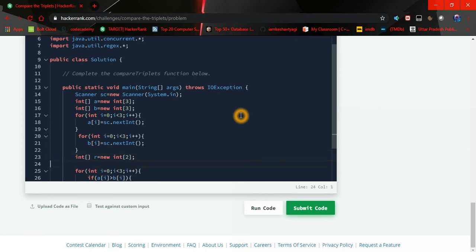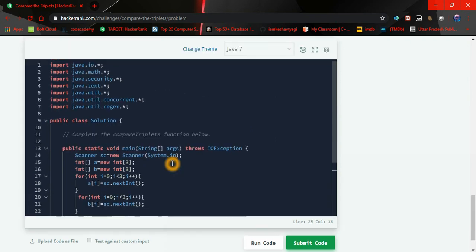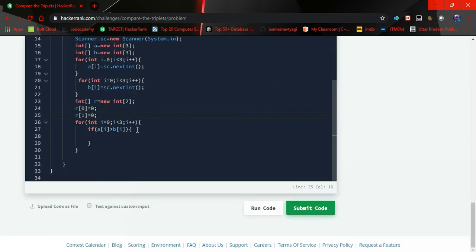And let's assign the value of 0 for both elements. R0 equals 0, and similarly R1 equals 0. So R0 is for Alice, and R1 is for Bob.